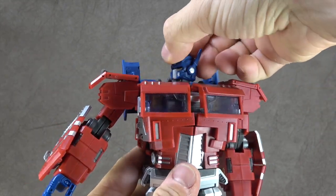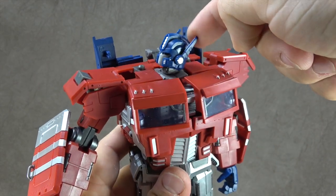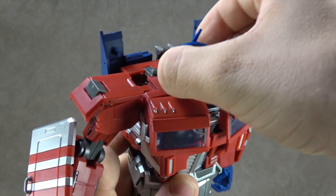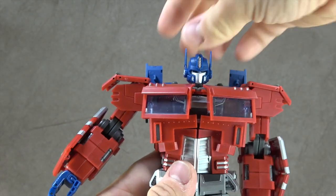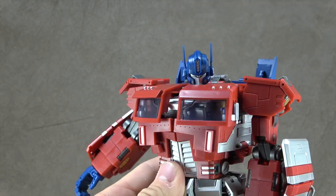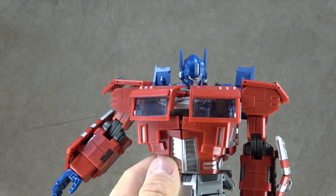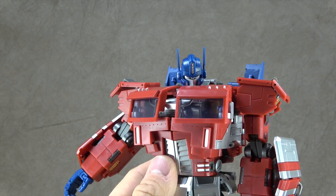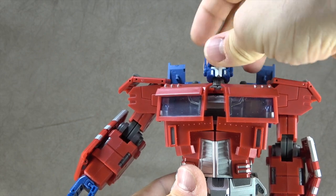So the head is on a hinge swivel, and then the neck flaps swivel too, so you can get a little bit there. But I actually wish that this solidified a bit better than what I can get it to do. That being said, the head swivels on a hinge, and as a result, you get a really good look down. I feel like that is a point of articulation that is often overlooked by companies, both official and unofficial, and I think it's very important. It just makes him look so intimidating. Silver paint accents on the face, on the head, and